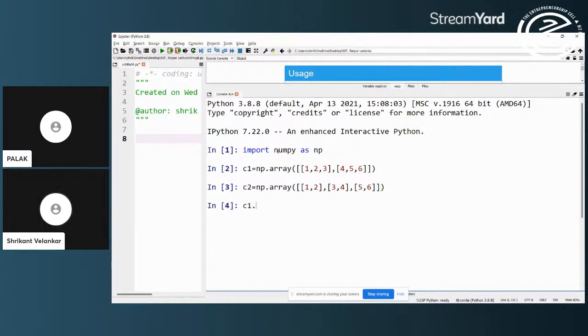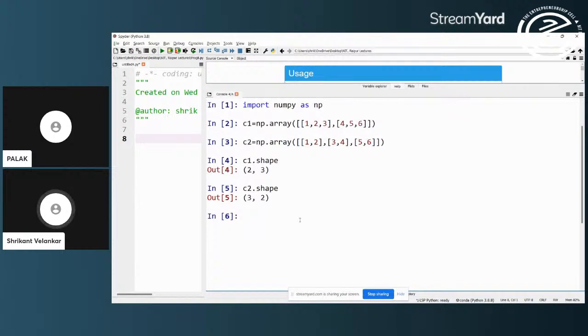So now C1 dot shape, C2 dot shape. Okay, one is 2 comma 3, the other one is 3 comma 2. So in this way, we can create arrays in NumPy.